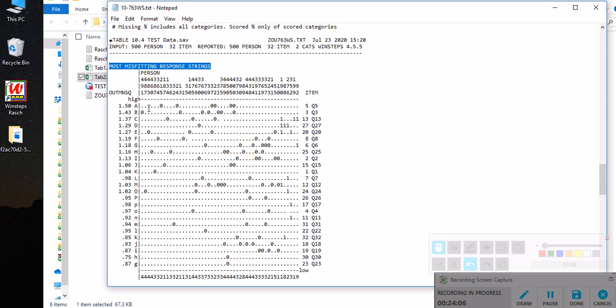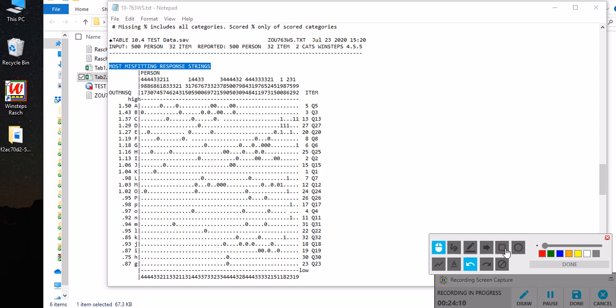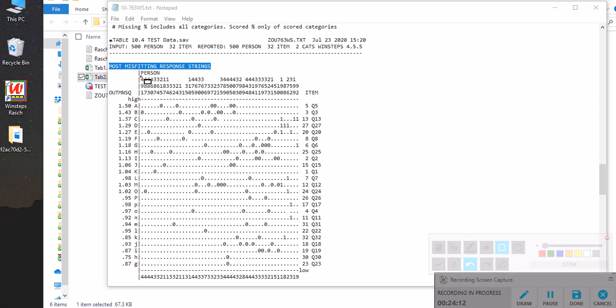So we have to read these vertically in this way. The most misfitting person, the most able person among the most misfitting persons, if that makes sense to you, is number 491. So person 491, whoever that person is,